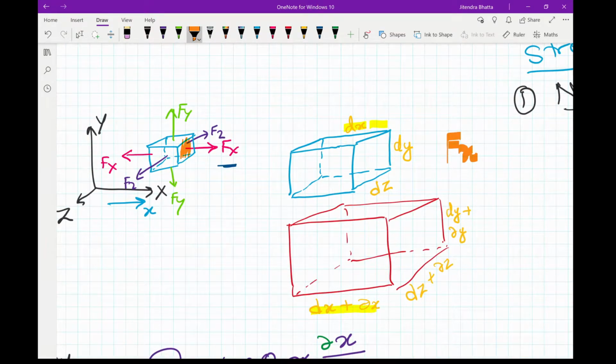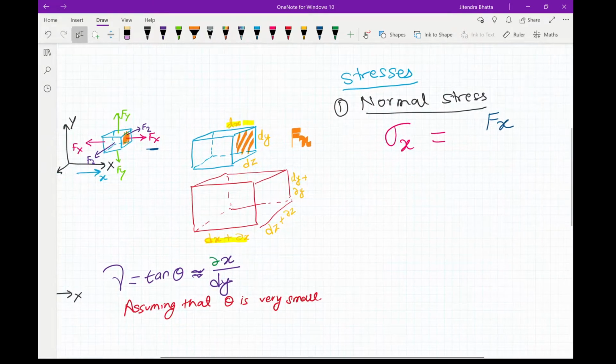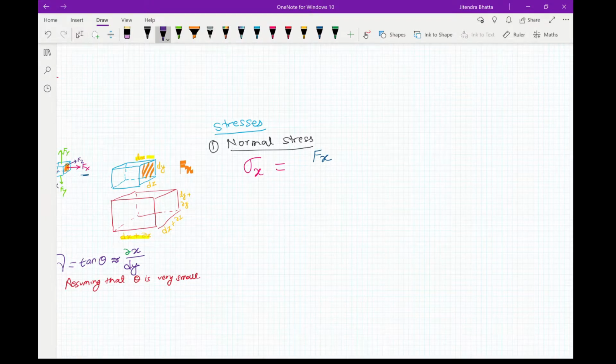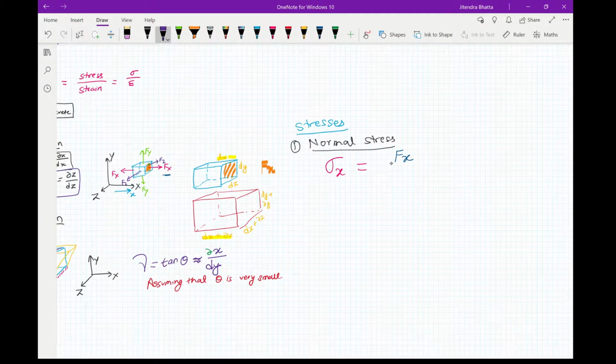Therefore, we can write sigma x equals Fx divided by this area, which would be dz times dy. Similarly,